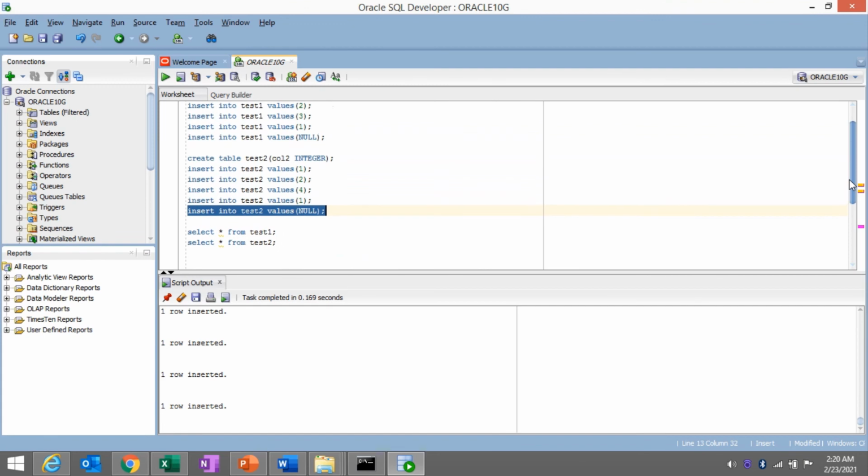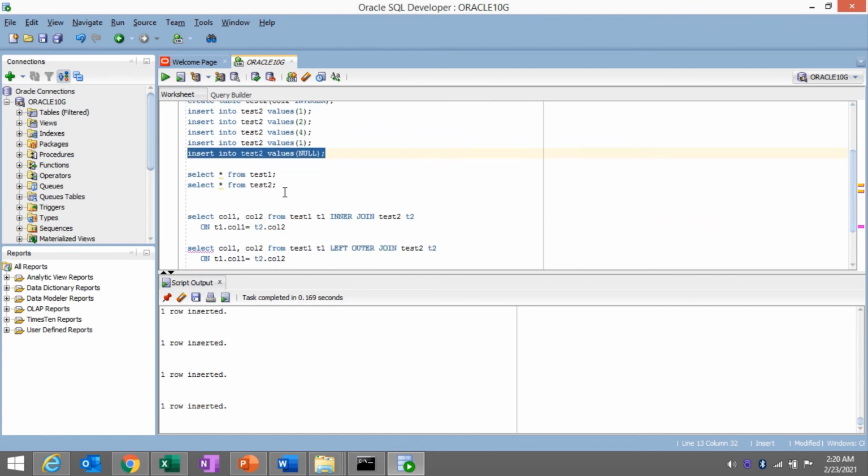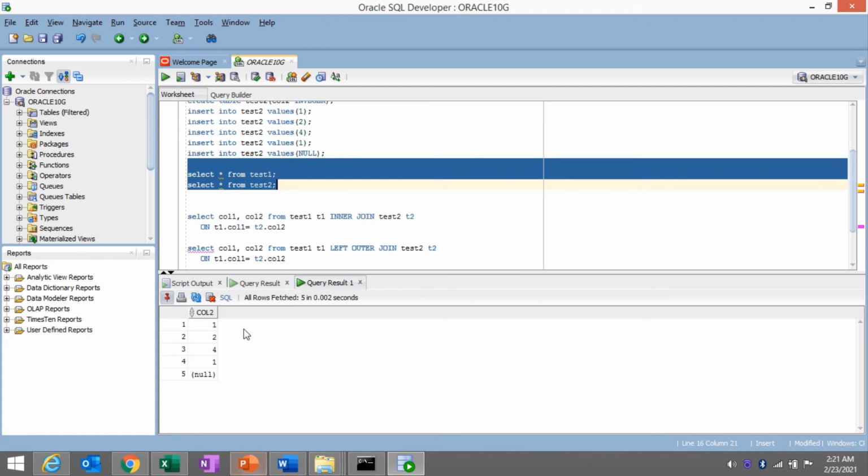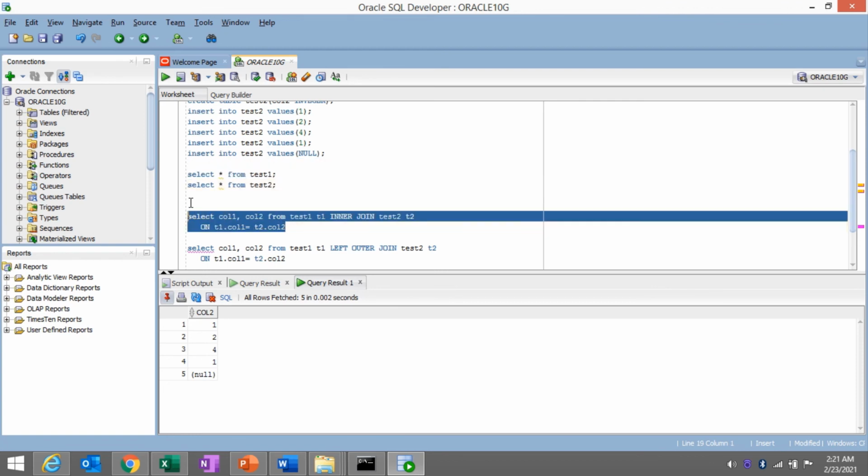Like in table 1 we have one null value, and in table 2 also we have another null value. So this is the table 1 result, so we have null, and in table 2 also we have null. Now we perform the different types of joins on this.